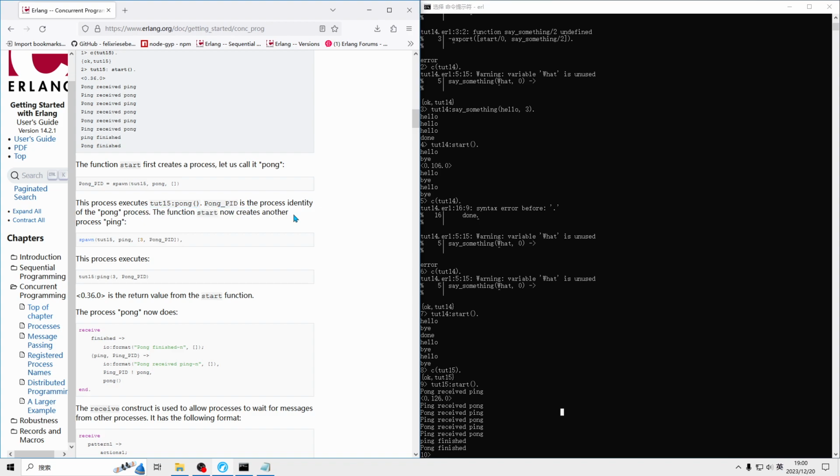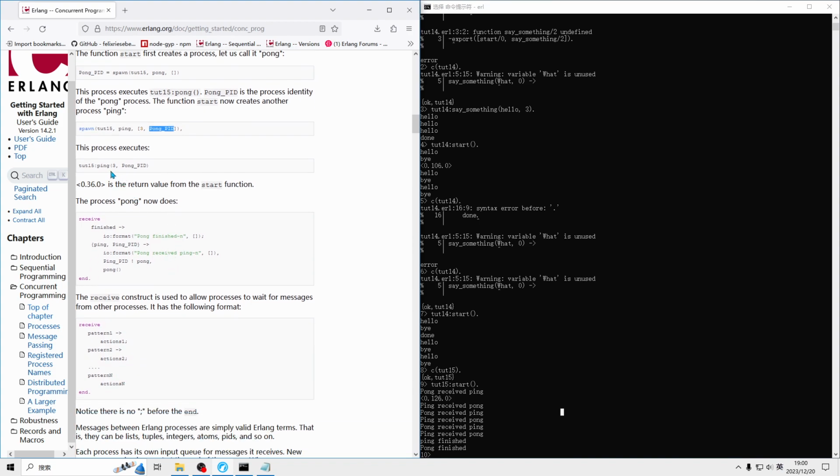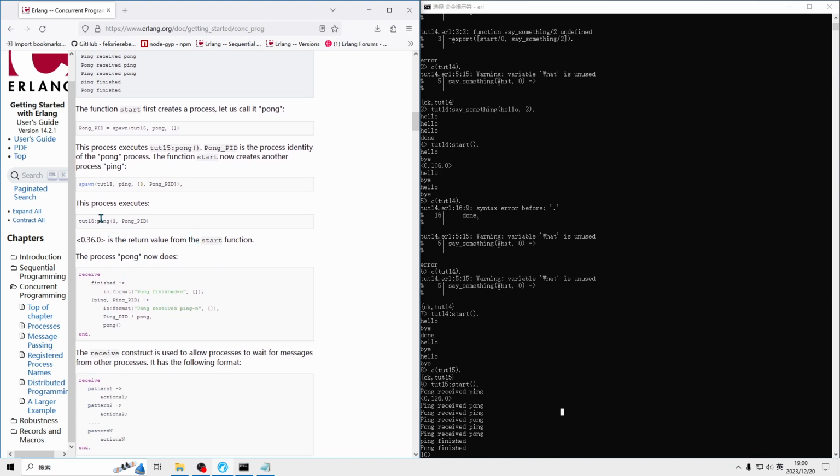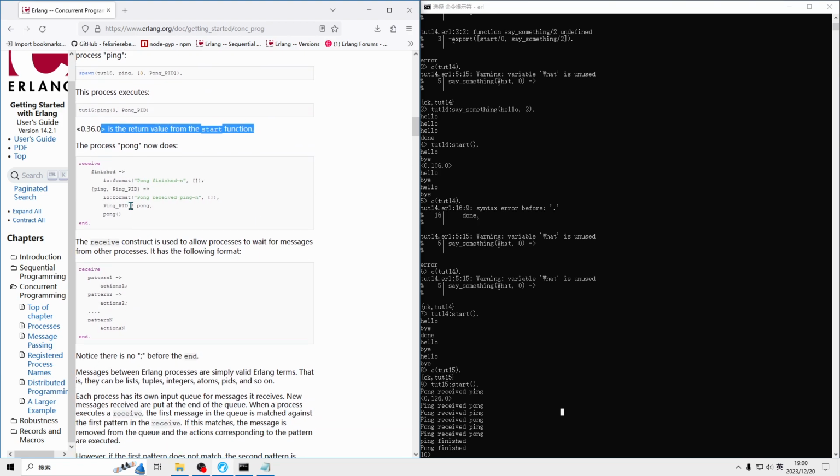The function start now creates another process, ping, 然后 executes ping, and then returns from the start function. Process 这 pong 的话就